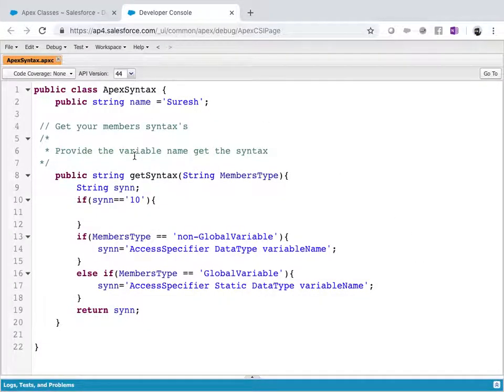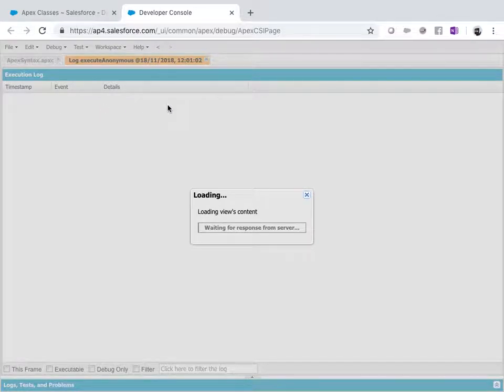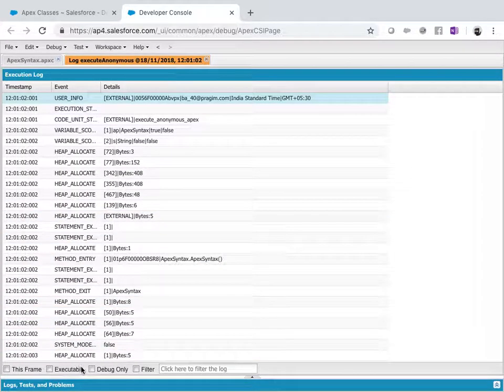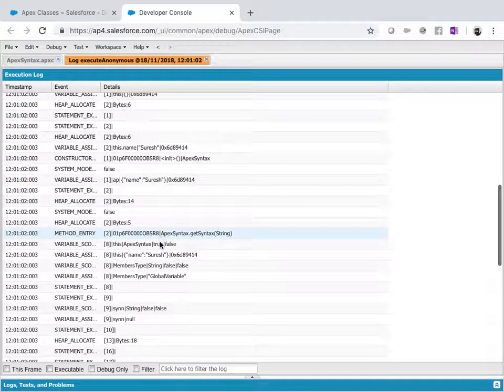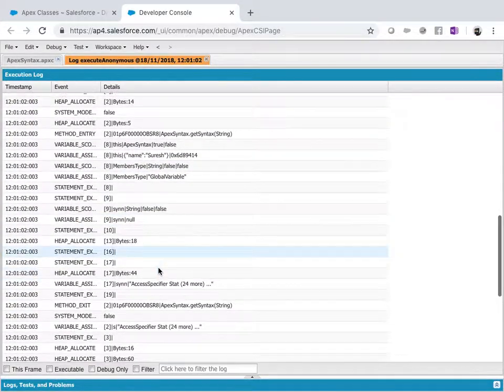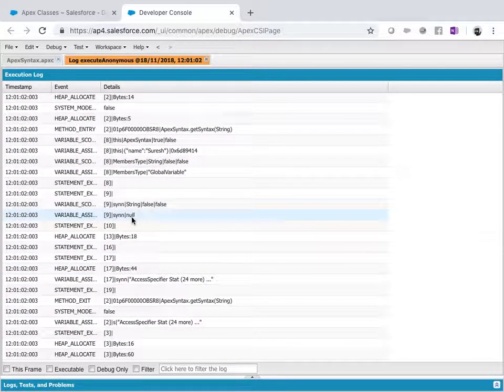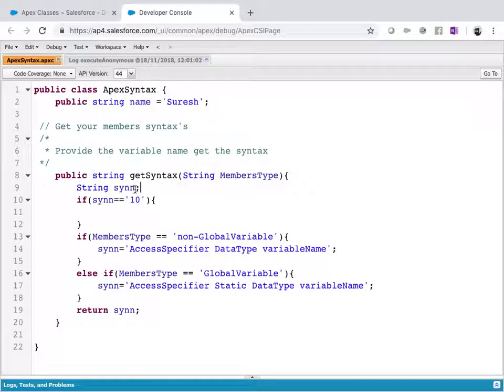Execute. If else, no, that's fine. Still, the two ifs can contain nothing. Name, Suresh. Sync, SYNN is null. SYNN is null. If I define this as blank,